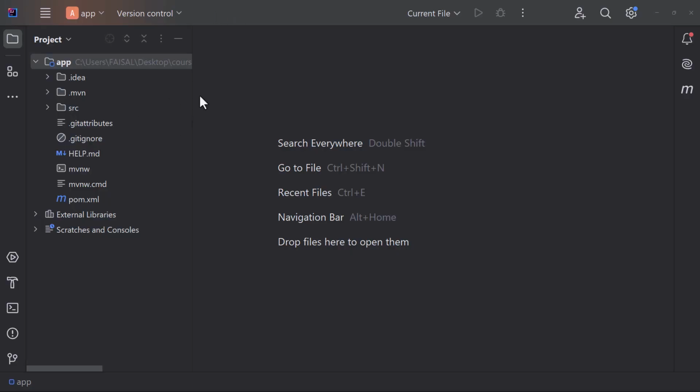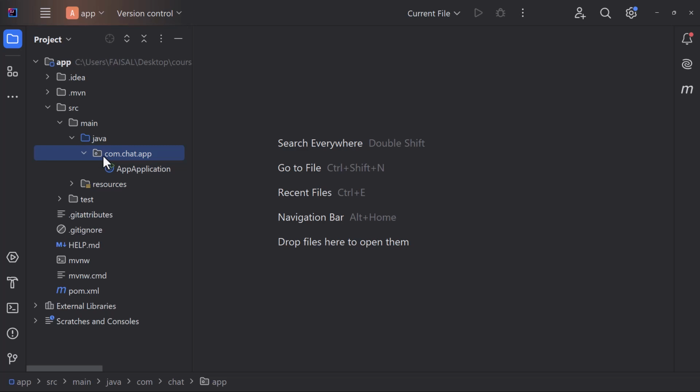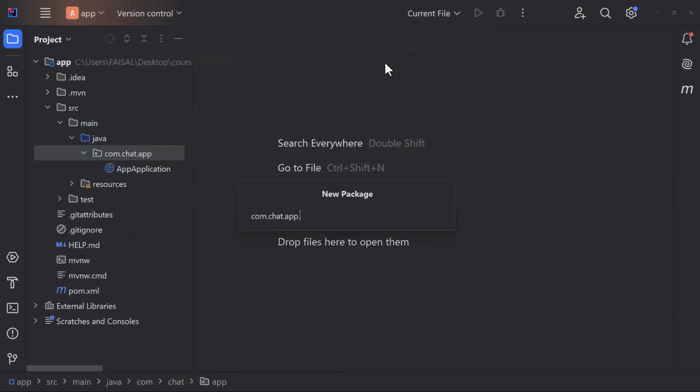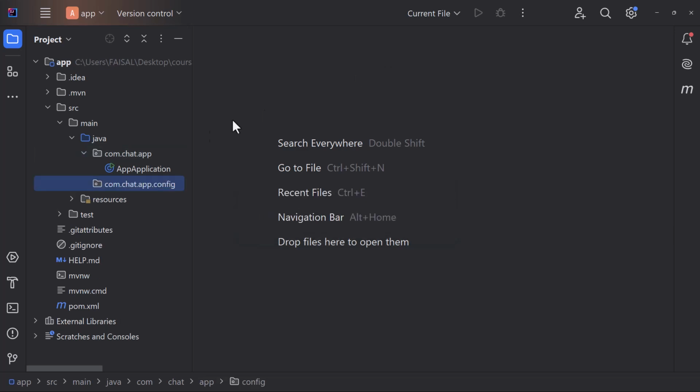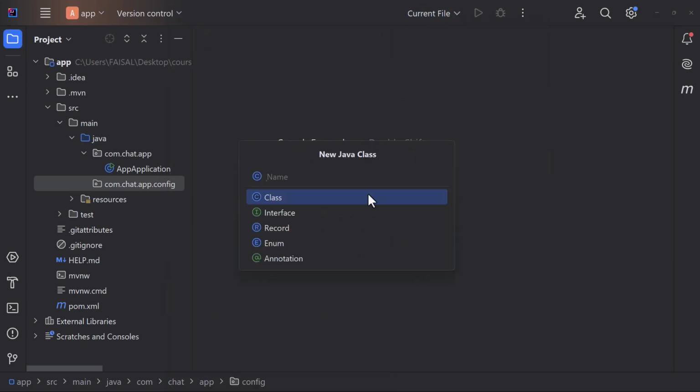So now it's time that we begin defining the WebSocket configuration for our application. So over here, I'm going to head over to the SRC folder. Under main Java, I have this package, and here I'm going to say new. You can create a package, and I'll call this package config. Okay. Now under this config package, I'm going to have a new Java class, and I'm going to call this class WebSocket